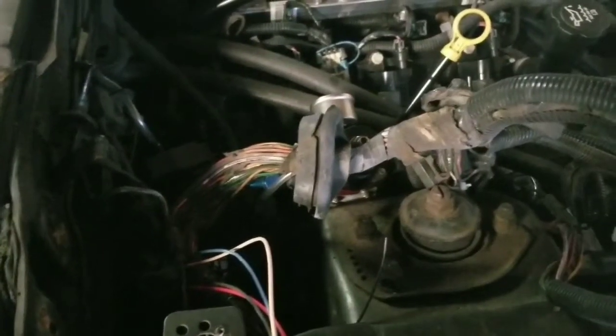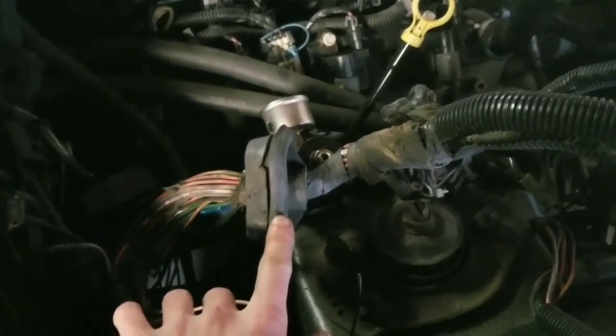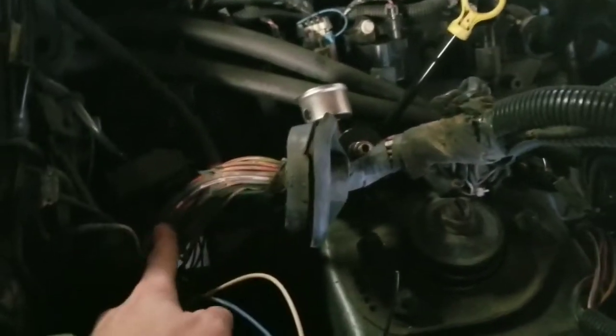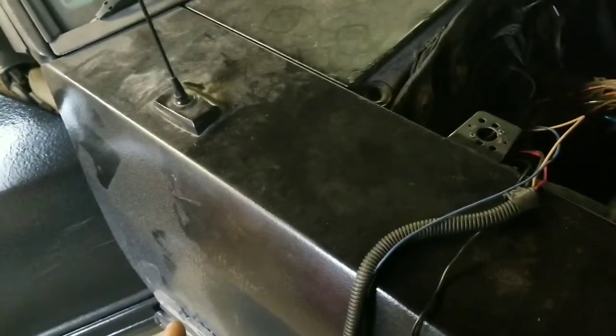So that wasn't too bad. This was the grommet I was talking about, this big thing here. I used a screwdriver to get behind it and popped it out and then pulled on the wiring harness. Now, I did get a bunch of the harness out, and it started getting a little snug. So I'm going to get inside the car in that kick panel again and make sure it's not hung up